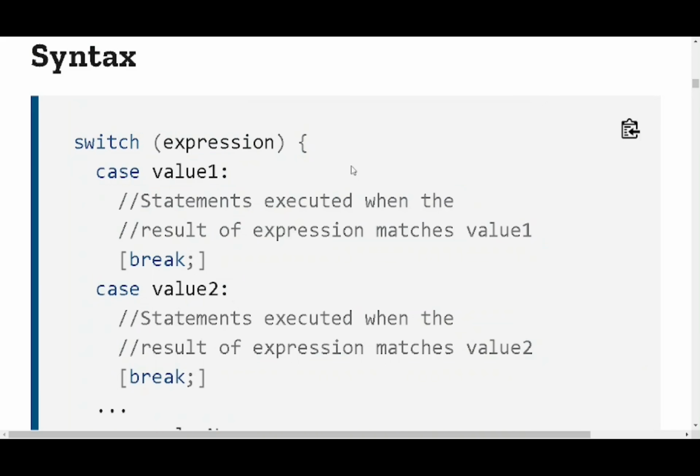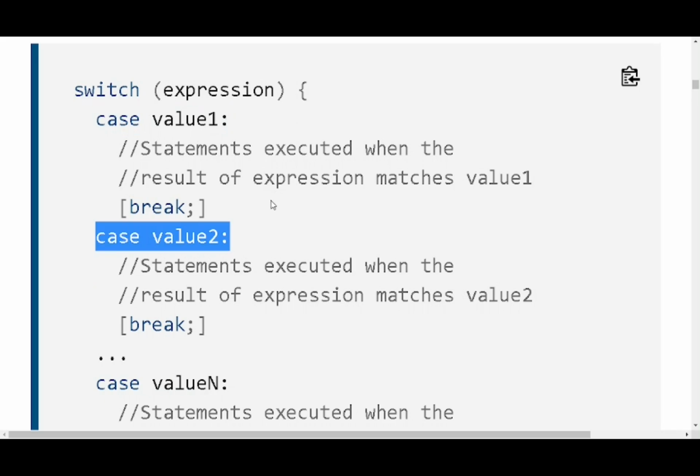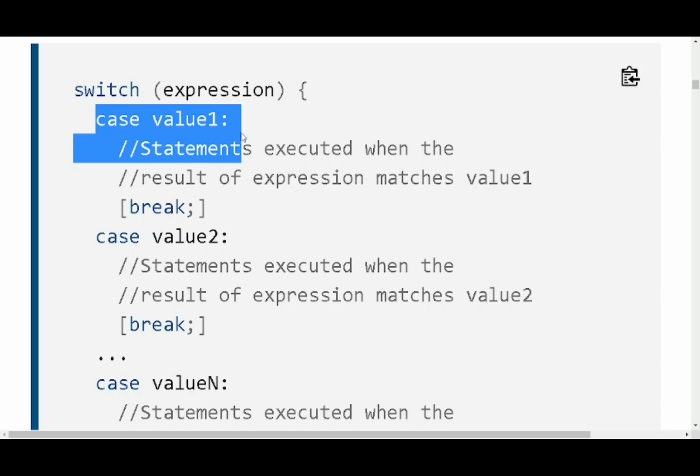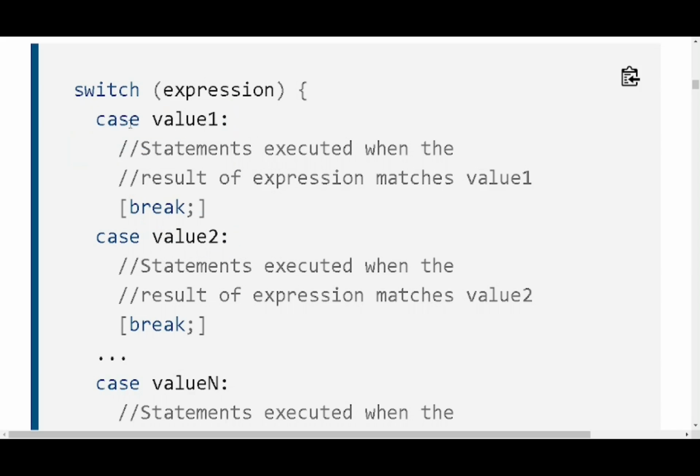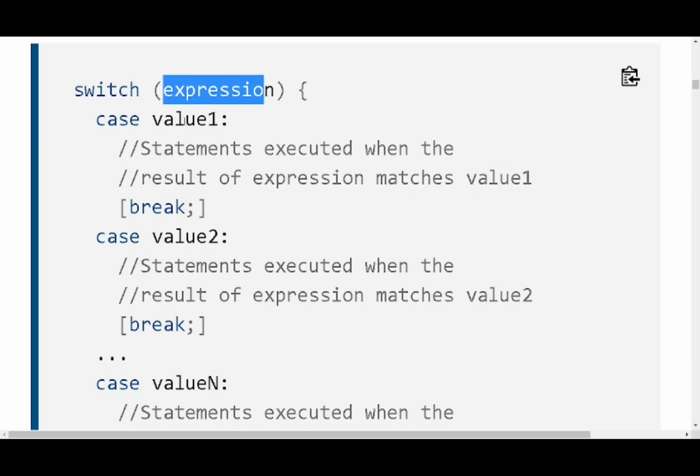Then what constitutes the compound statement? The compound statement is constituted by individual case statements. And one thing to notice, it is very obvious that if you write a case statement like case followed by value 1, you are expecting the statements within this case to execute when this expression evaluates to value 1.